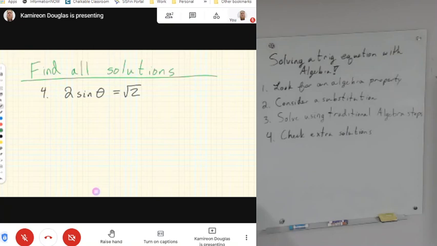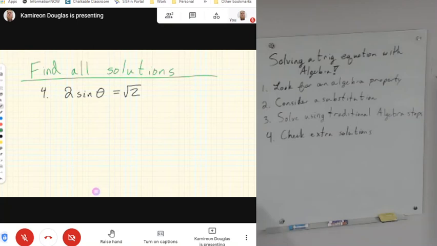So, here we go. There are 4 steps I recommend for doing these kinds of problems. They're as follows. Step 1, look for an algebra property. What do I mean by that? Well, that's very vague. Look for things you can add to both sides, subtract from both sides, multiply both sides, divide both sides. Look for things you can use like factoring, distributing, completing the square, combining fractions, anything algebra in nature,